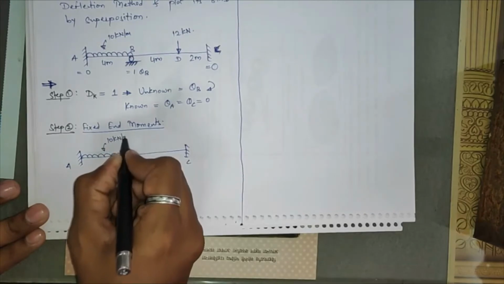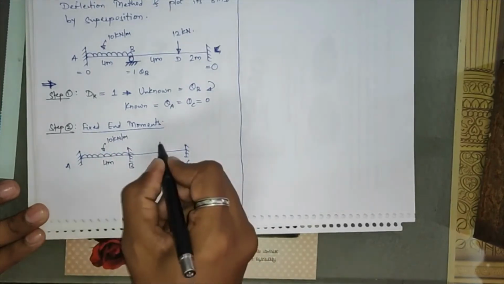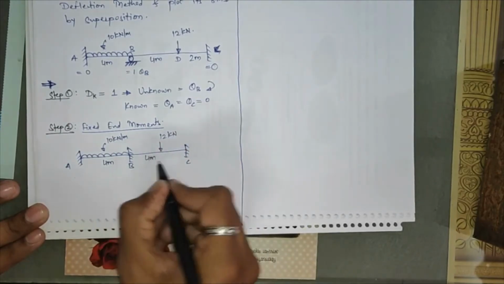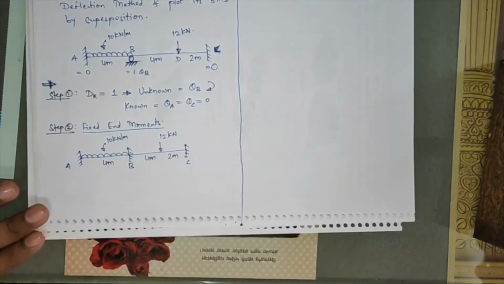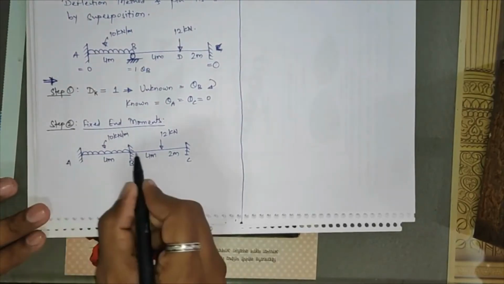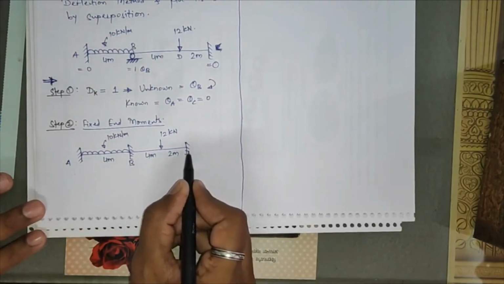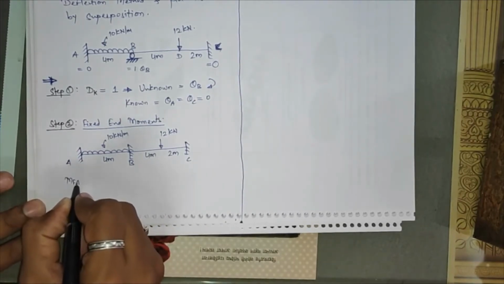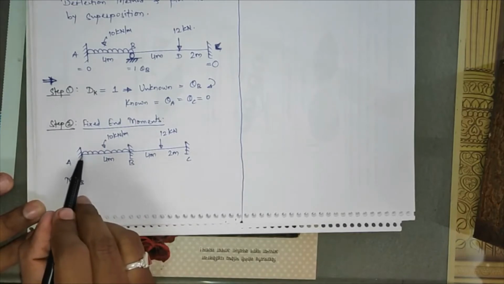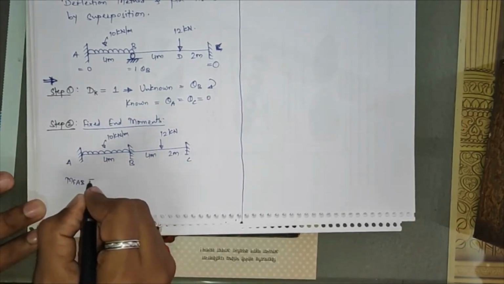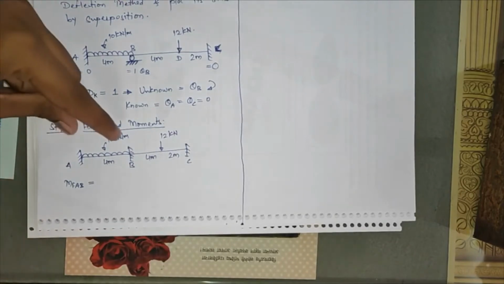10 kilonewton per meter, the span of this is 4 meter, and here a load of 12 kilonewton is acting 4 meter apart from B and 2 meter apart from C. So at every end, that is at ends A, B and C, you will have a fixed end moment. So one by one we'll see. First, the fixed end moment at the first joint, that is AB. So the fixed end moment at A will be MF AB, equal to what is given for span AB.